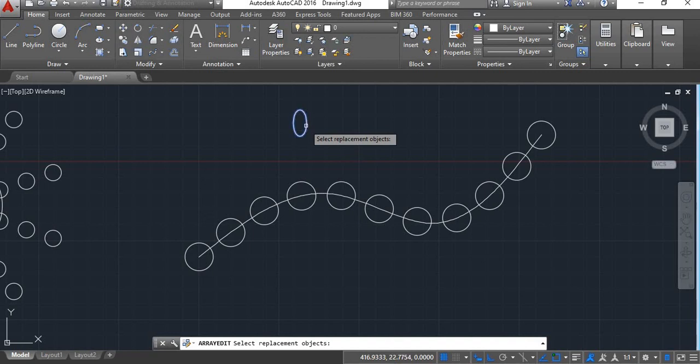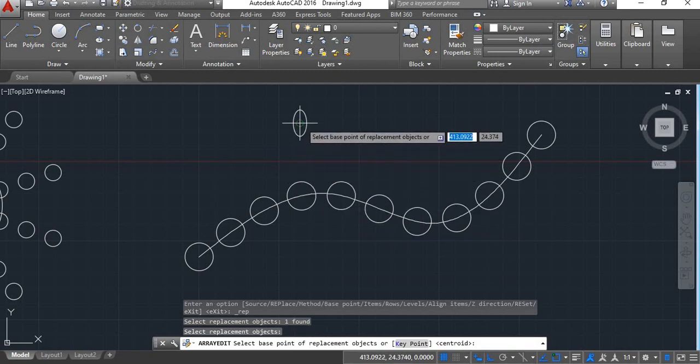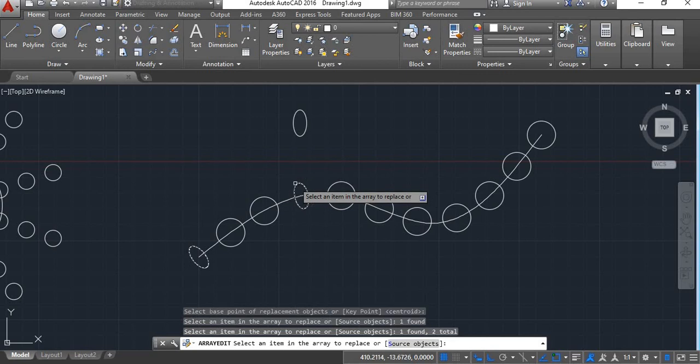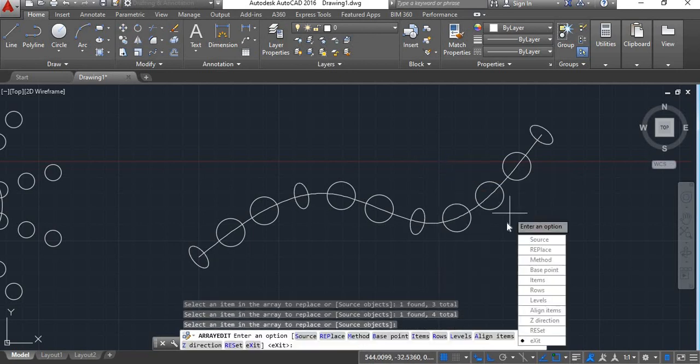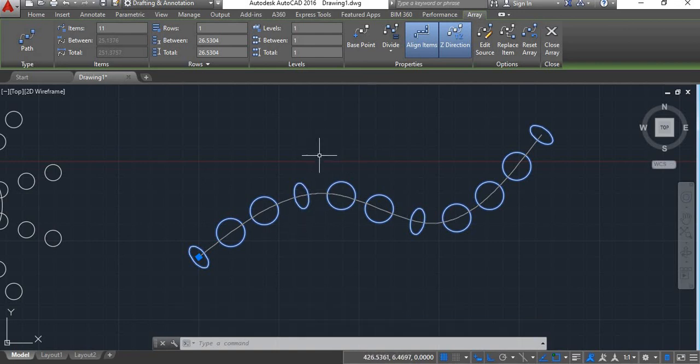I'll click on this object, say enter. Now select base point of replacement. I'll give this center. Now you select the object that you want to replace from this line. I'll select this one and this one. Say enter and say exit. This object or these circles will get replaced with this ellipse.